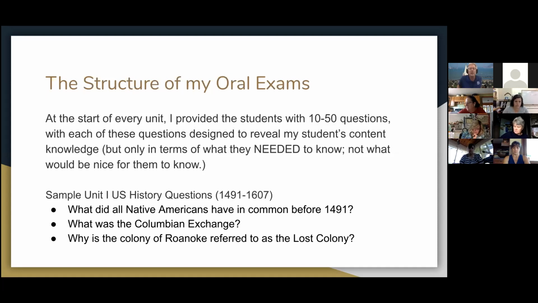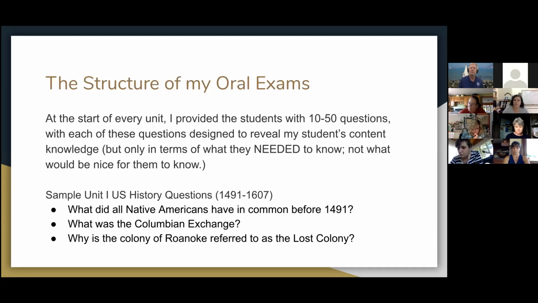These are not what we'd call essential questions. These are questions that are designed to give students an opportunity to reveal their content knowledge. Because at this point in time, what I'm really talking about here, if I haven't yet made it clear, are assessments that reveal content knowledge, not assessments that reveal skills: public speaking skill, research skill, writing skill, etc. So here are the questions I put before them.